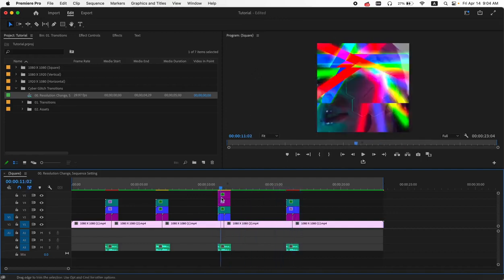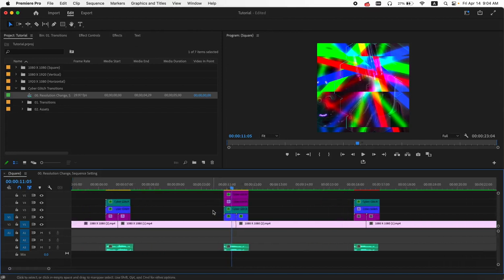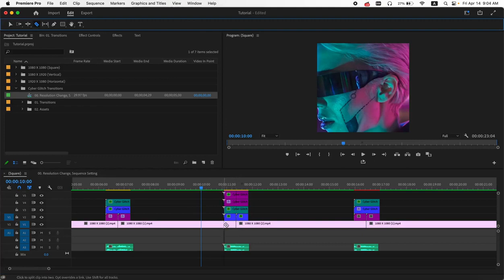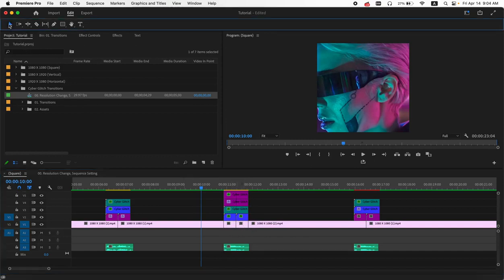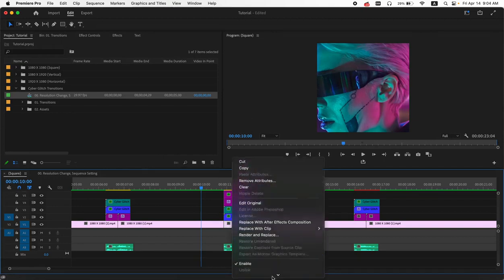One more thing, let's say for this transition. It seems the transition does not look exactly the way it should look. For solving this problem, what I'm going to do is to select the cut tool from my toolbar and cut before and after the transition, right below it. Select back the selection tool, and select these two small pieces and turn them into a nest by